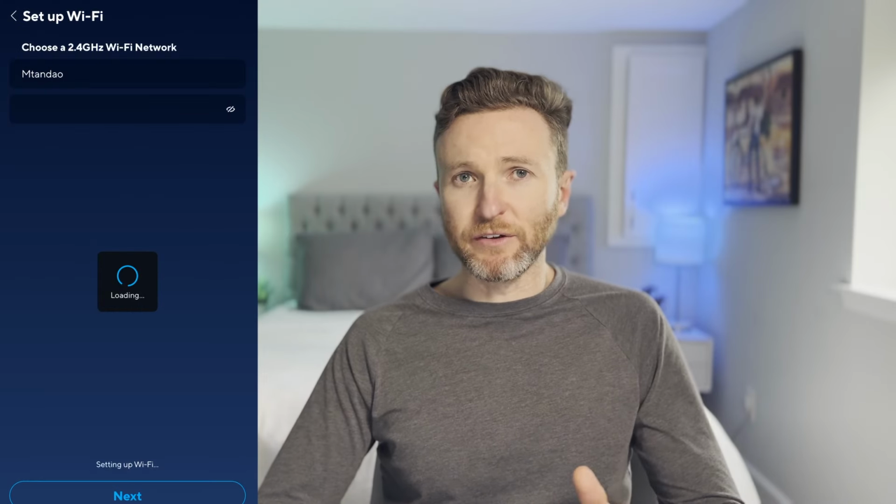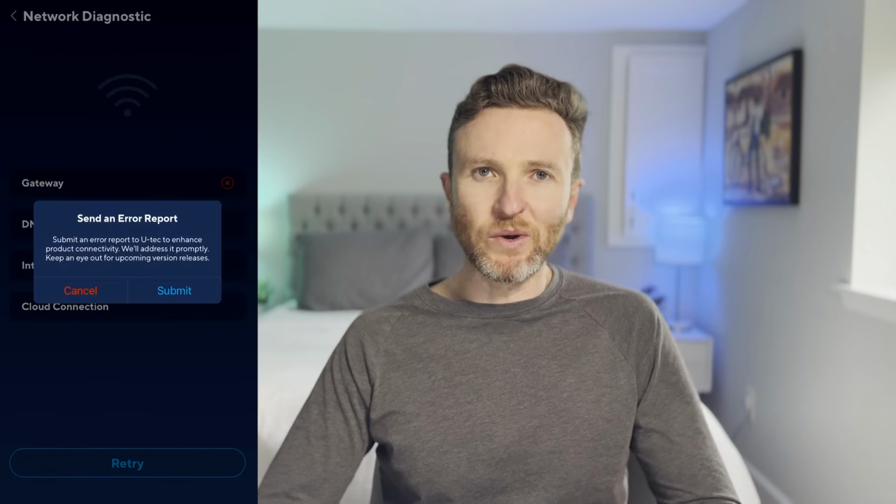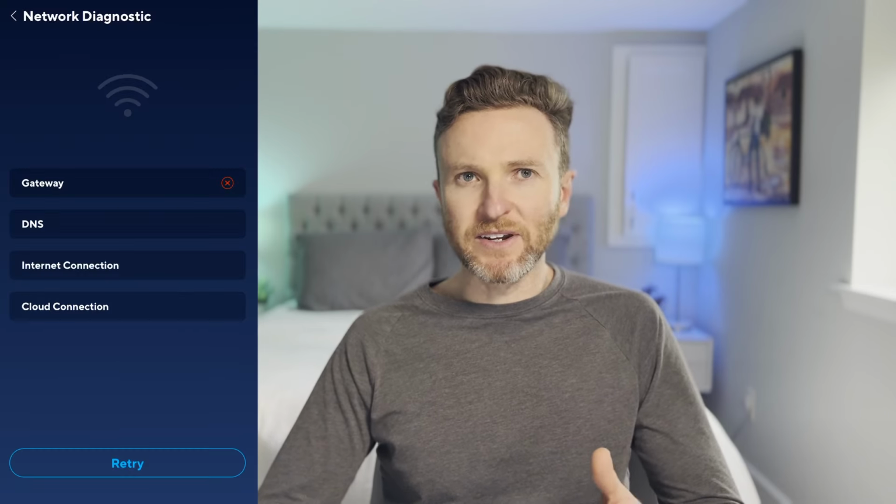Wi-Fi failed to connect the first time, and this happened repeatedly as I reset the device multiple times. Each time, the Wi-Fi struggled to connect on the first attempt. The U-Home app has a network diagnostic tool which I tried to use to understand if it detected a weak connection, but the diagnostic tool itself failed to operate even after connecting